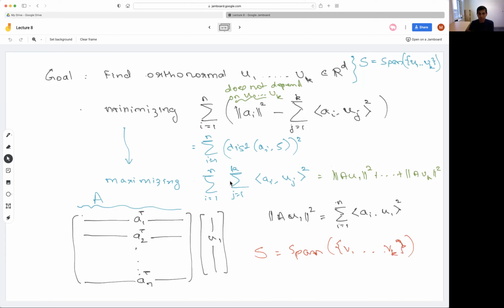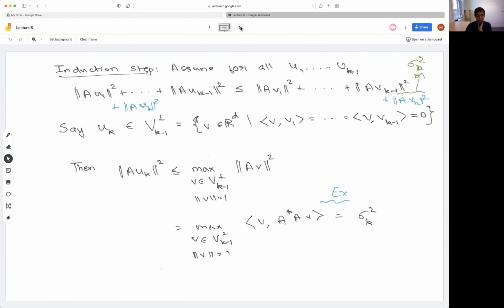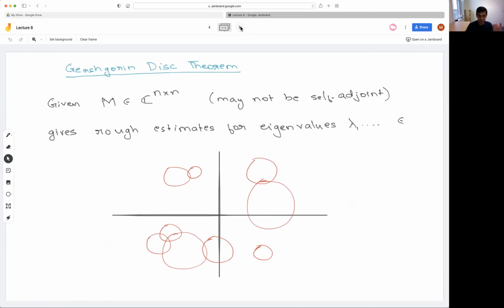So if you want to do this kind of dimension reduction where you want to minimize the square distances, there is a very simple way to do it. You look at the right singular vectors and output the space spanned by them. And this is going to be as good an approximation for the data set as we can hope for, if the notion of approximation error is the square distances. Of course, there can be other notions of error and other ways of optimizing. This is a whole area. There are many ways of dimension reduction. This is just one example.